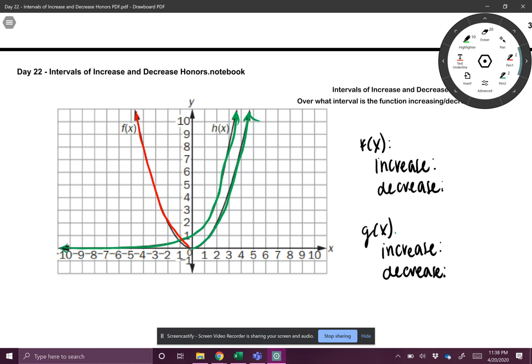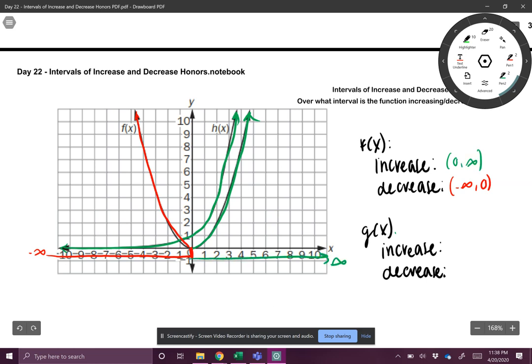So let's start with our quadratic function. Our interval of decrease would be from -infinity to 0, because that's what our x value is. -infinity, it's decreasing this whole time, hits 0, then it begins to increase from 0 to infinity on our x values. Now, with our exponential function, as we read left to right, my function is continually increasing the entire